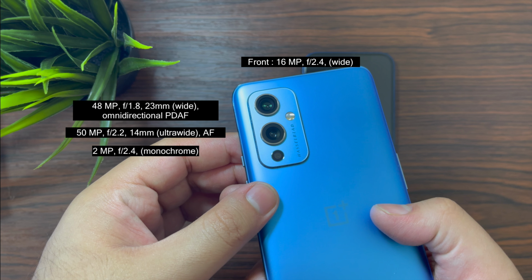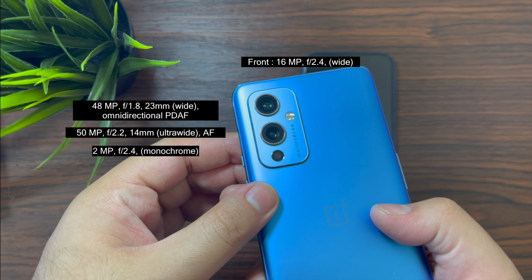The OnePlus has a 16 megapixel front camera, a 48 megapixel wide camera at the back, a 50 megapixel ultra wide camera, and a 2 megapixel monochrome camera. Now, there are multiple things which are special about this one, and we will look at that in the camera comparison.